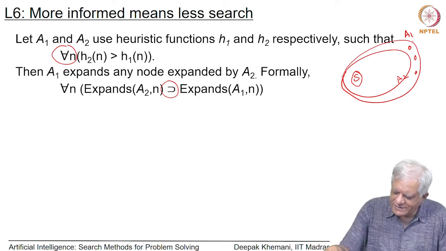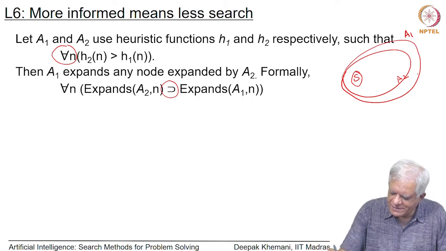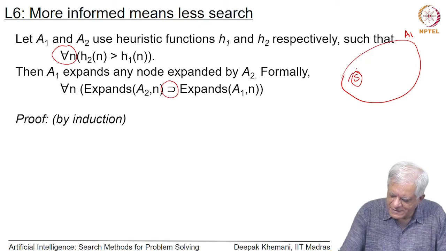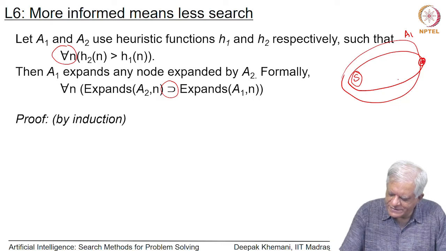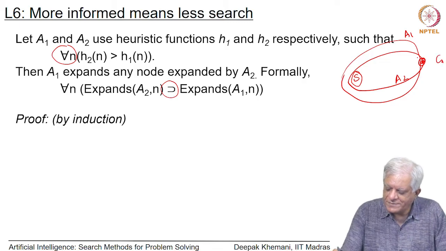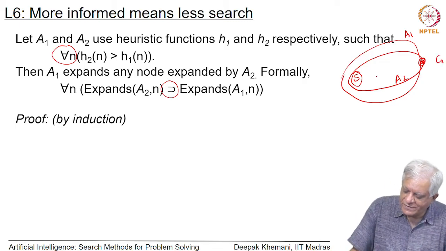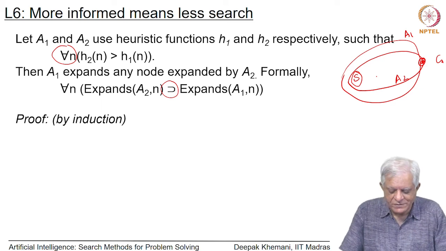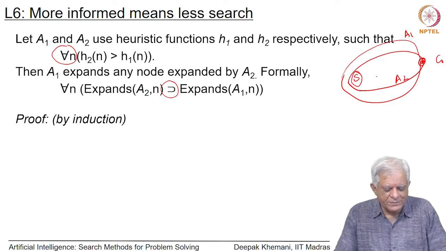I should actually draw this graph a little bit like this, that we are anyway interested in one particular node essentially. So, obviously, as we go towards the goal node, both will explore some nodes, but there are nodes which A1 inspects which A2 has not inspected. We will do this proof by induction,